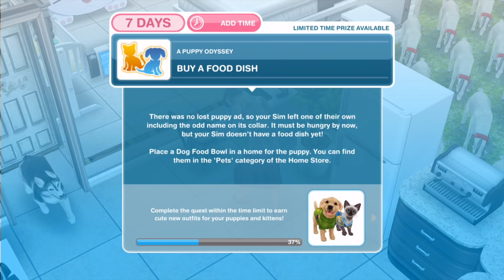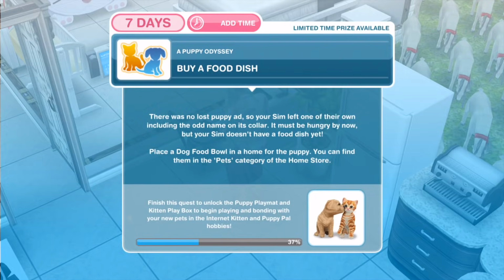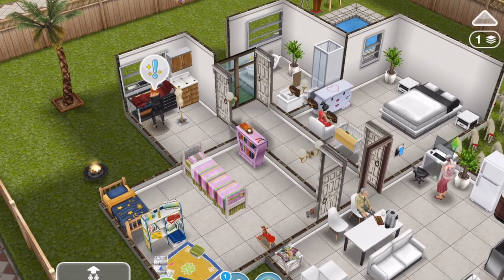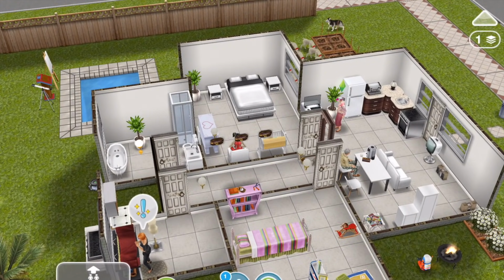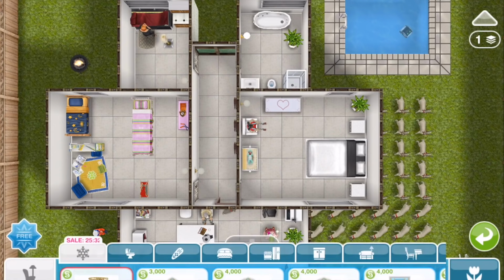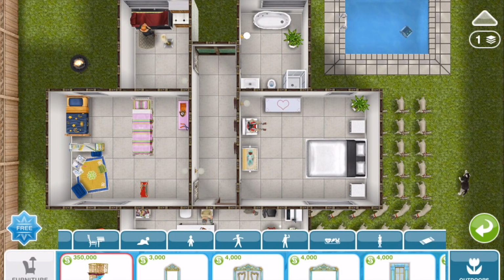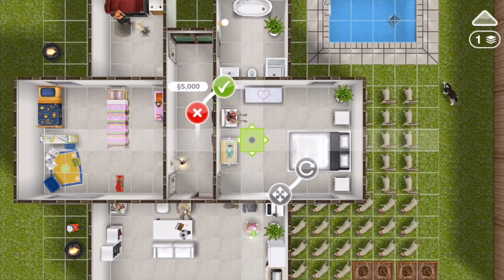Buy a food dish. There was no lost puppy ad, so your Sim left one of their own, including the odd name on its collar. It must be hungry by now, but your Sim doesn't have a food dish yet. Place a dog food bowl in a home for the puppy. You can find them in the pets category of the home store. We really don't have a pet thing. We have a dog on the property. Okay, well, if you go into the pet section of the home store and then just buy a dog food bowl,